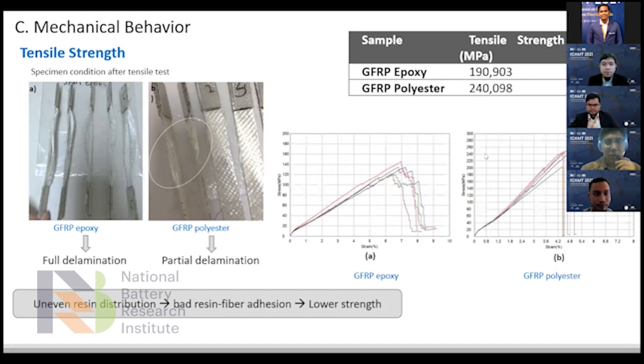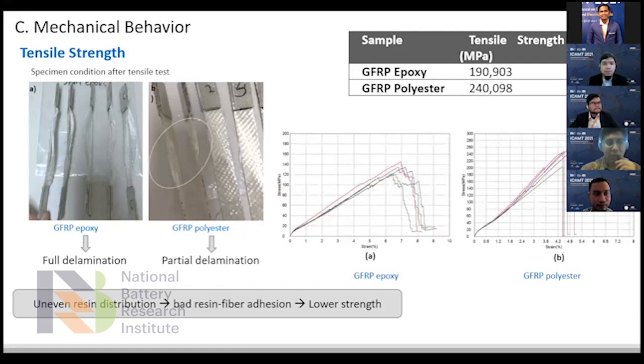190.9 megapascal, compared to the properties of the polyester-based glass fiber reinforced plastics, which achieve a tensile strength of 240 megapascal. So we look at